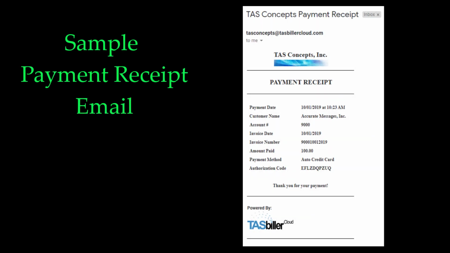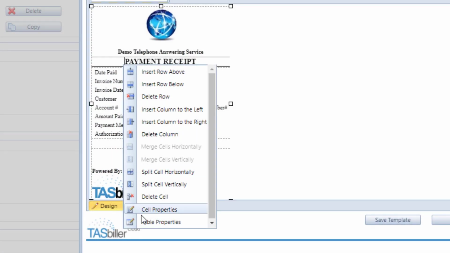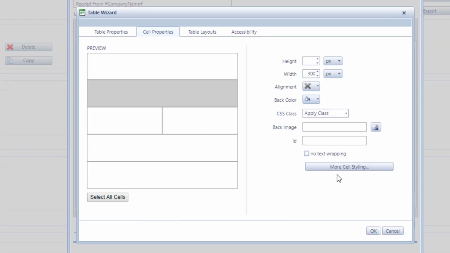Again, it's set up with a table. I have things centered the way I want them to. I have different fonts. Some things are in bold. Different pieces are underlined. This cell, for example, if I go to the cell properties and go to more cell